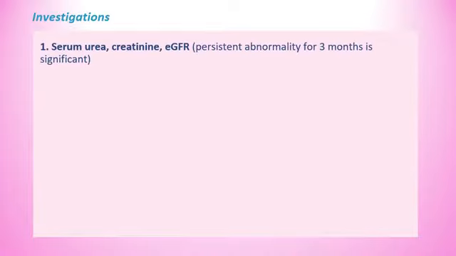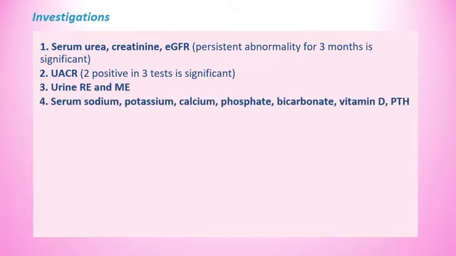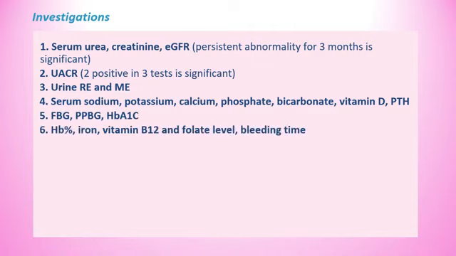Serum urea, creatinine, eGFR persistent abnormality for 3 months is significant. UACR, that is urinary albumin creatinine ratio, 2 positive in 3 tests over 3 months is significant. Urine routine examination, serum sodium, potassium, calcium, phosphate, bicarbonate, vitamin D and parathormone, fasting blood glucose, PP blood glucose, HbA1c, hemoglobin